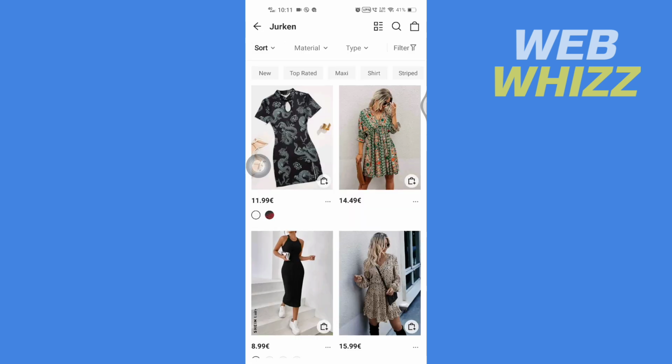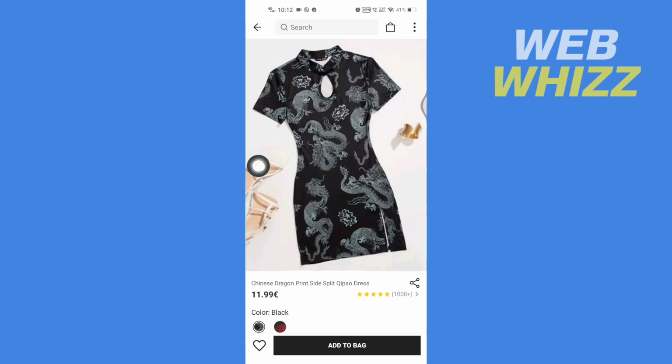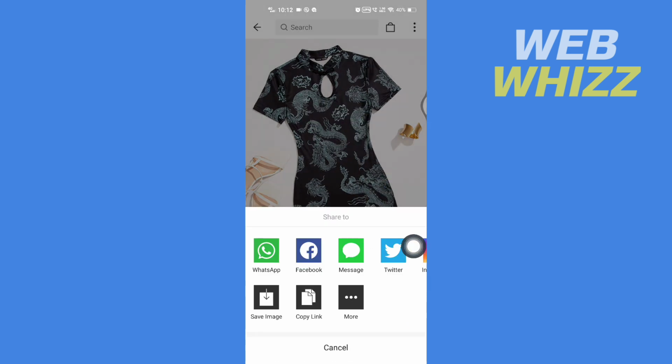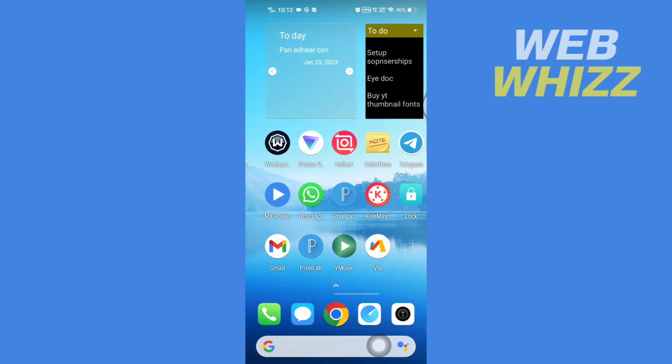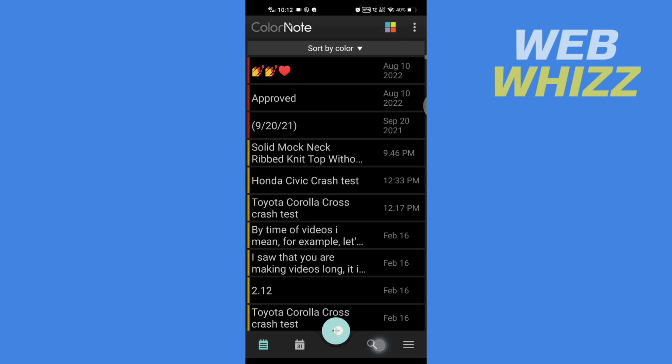So let's say for example you want to find the number of this product. So once you're on the product page, here you have to tap on the share icon, then tap on here copy link. Now once you have copied the link, open any notes app, then paste the link